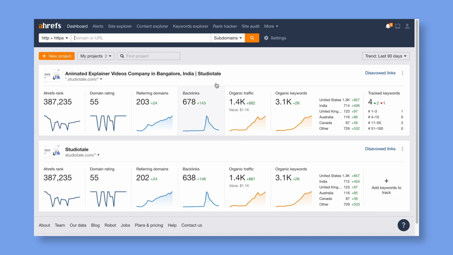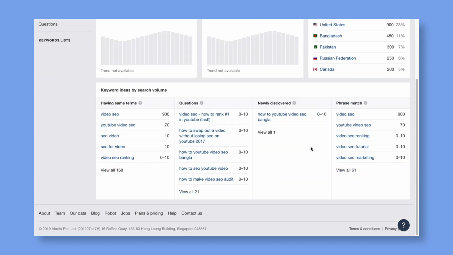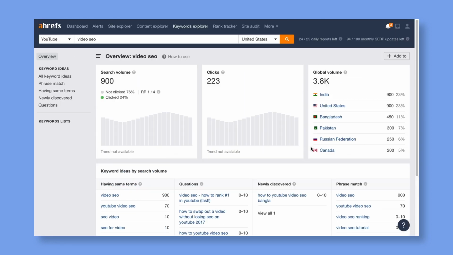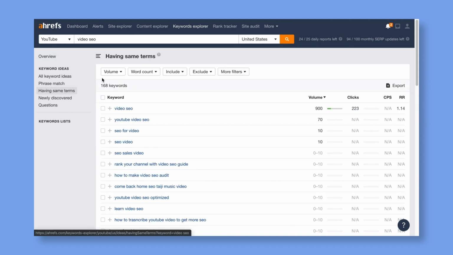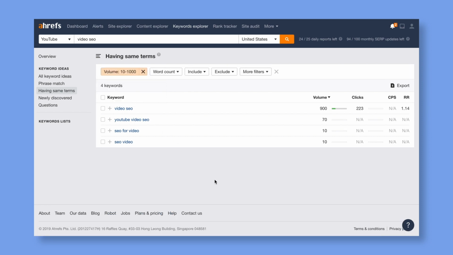First, we settle on a popular keyword in our niche using Google Suggest. Next, we enter the keyword into Ahrefs Keyword Research Explorer and set YouTube as a search source. This gives us a list of the most popular search terms around the keyword. Also, you get a vast list of additional keyword ideas. Now, filter this list by traffic and keyword difficulty to arrive at the terms you'll make your video around.